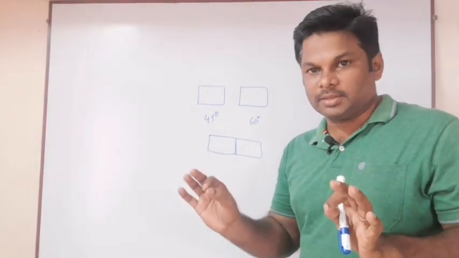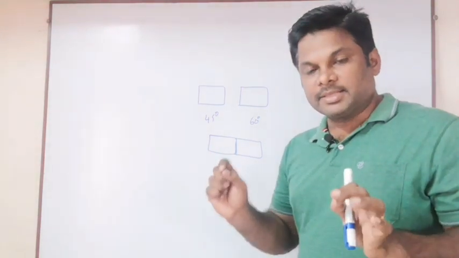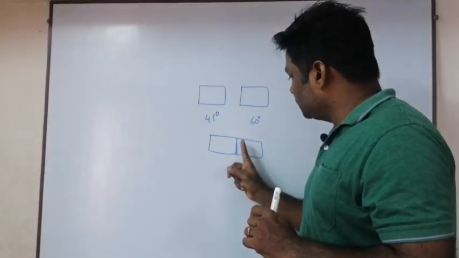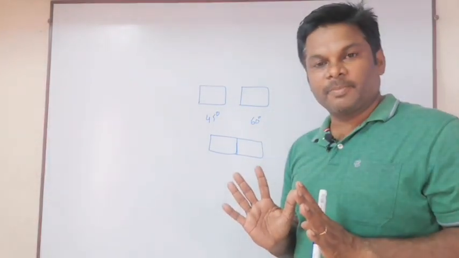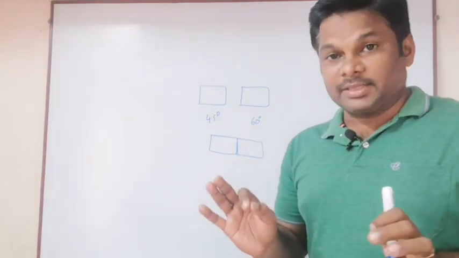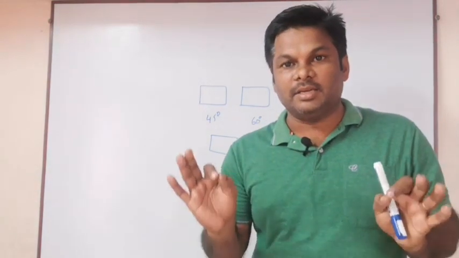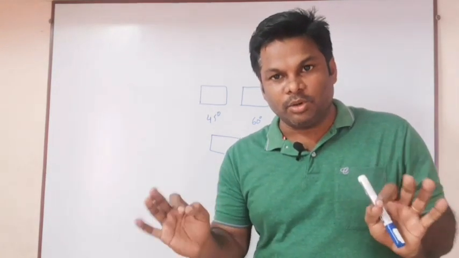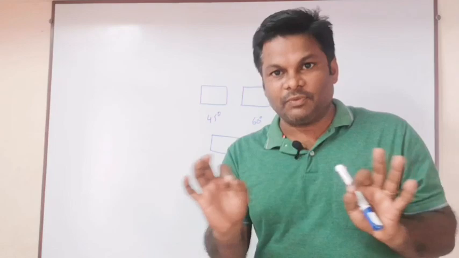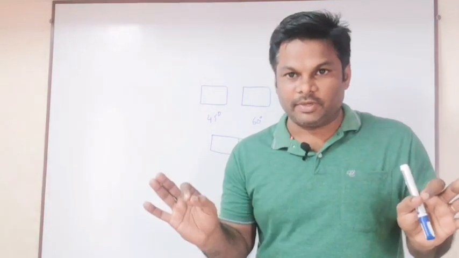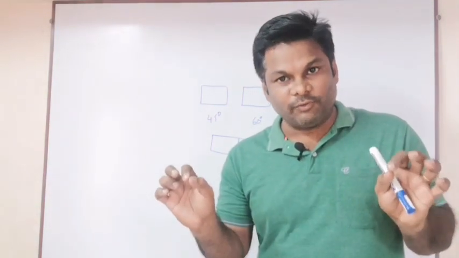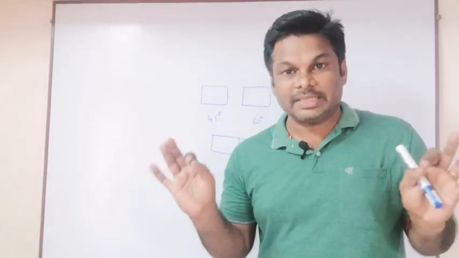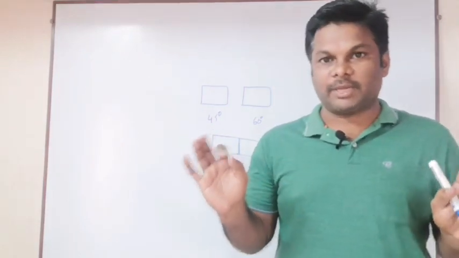Till the blocks attain the same temperature, the heat energy will flow from the hotter body to the colder body. So thus they attain thermal equilibrium. At thermal equilibrium there is no further flow of heat energy from any object to any object. This will happen. So this is briefly about thermal equilibrium.